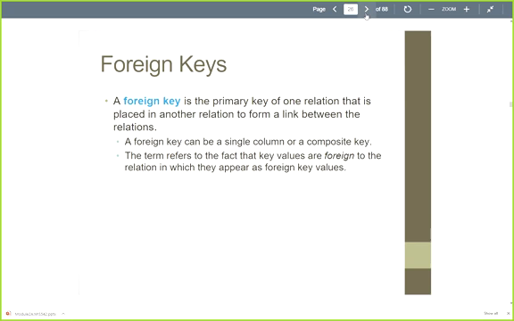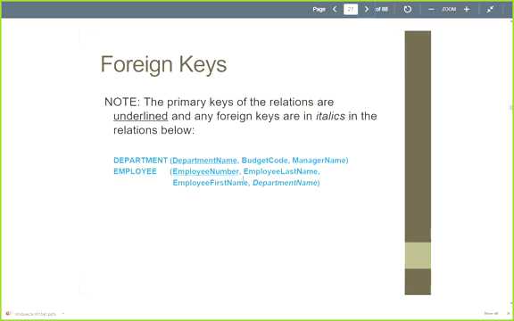Next one is called a foreign key. A foreign key is a column you insert into another table to create a relationship. When you define the relationship, the key from one table placed in another is called a foreign key. So this is an example of the foreign key. If you put a department name into employee, in this two-table design, we have one table keeping track of department. The other table keeps track of employee. And when we put department name into the employee table, we can know which department the employee works for. And this department name,